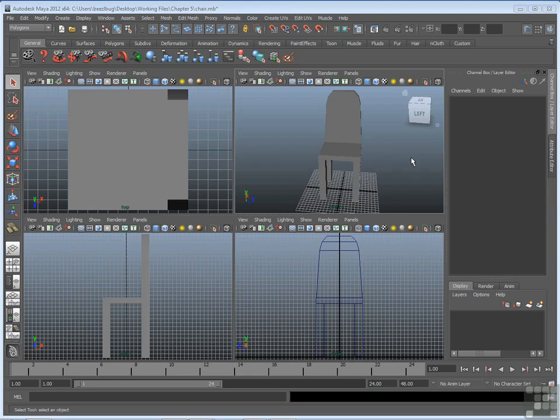Now that we've had a chance to do some modeling inside of Maya, both with NURBS modeling and polygon modeling, we can move on to some other important areas of the program. One important part of any 3D program, such as Maya, is the ability to render. Rendering allows you to create an image or a movie or a sequence of images that reflect the final quality